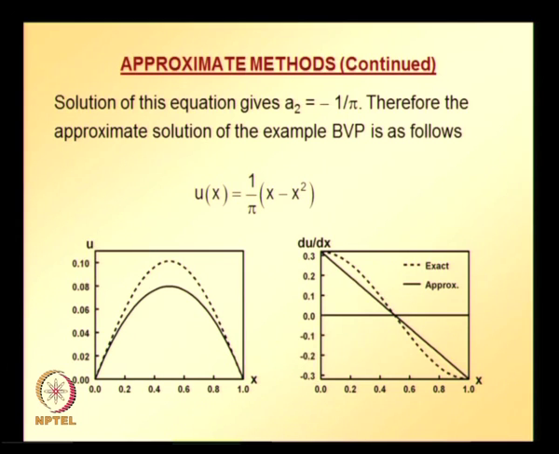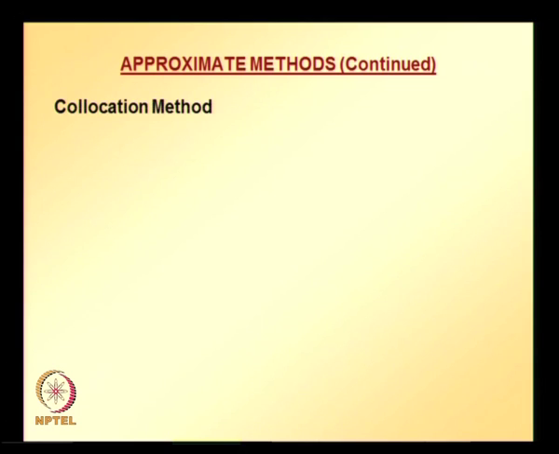Now let us look at the other weighted residual method, that is the collocation method. Basically, in the collocation method, we force the residual to be 0 at some chosen point, and the selection of that point is totally arbitrary. So, the residual at xi is equal to 0. We are actually forcing the residual at point xi equal to 0, and please note that this equation can be written in this manner: